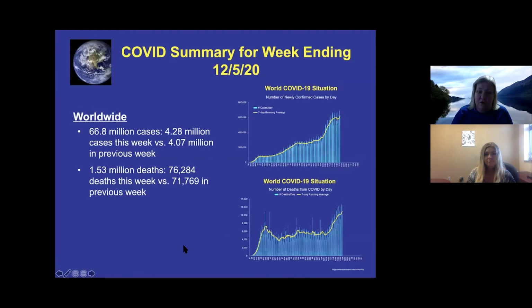If you look at the world, we have close to 67 million cases, 4.28 million cases this week compared to 4.07 million in the previous week. You can see this again is cases per day, not cumulative cases. And we're getting more and more cases per day being diagnosed. 1.53 million cases,